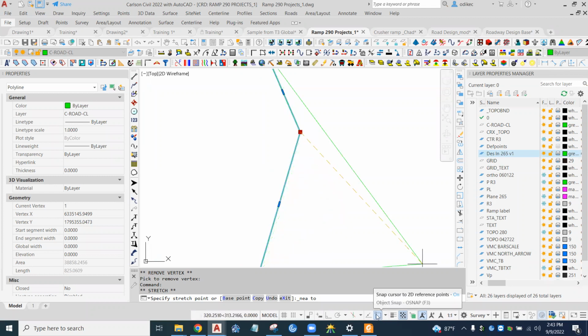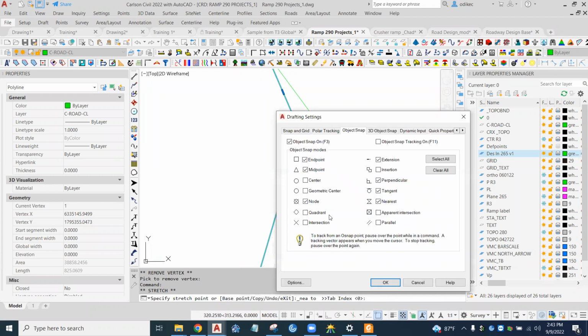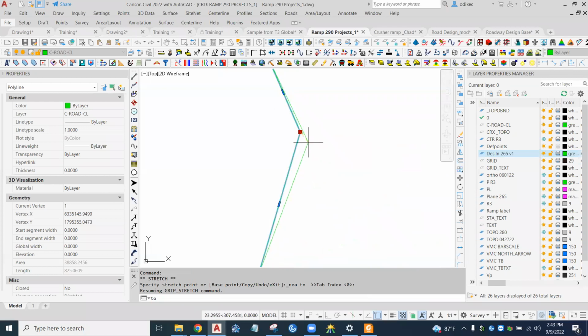Let me see your snap settings here a little bit. I'm going to turn off nearest, tangent, and perpendicular. Help me remember that. I turned those off, and I'm going to leave that extension. So when I hover here,